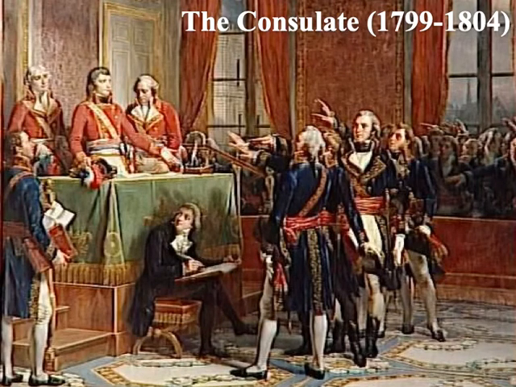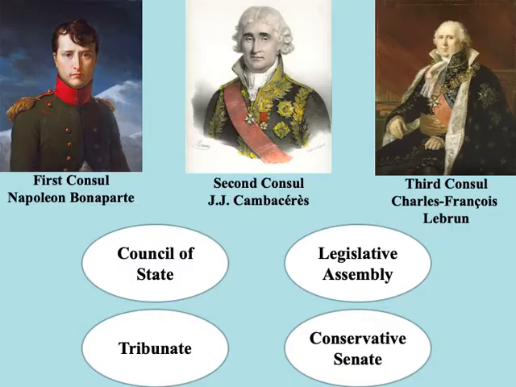In the consulate, Napoleon served as first consul. There was a second and third consul as well. There were also four legislative bodies: the Council of State, the Tribunate, the Legislative Assembly, and the Conservative Senate. Now, of course, this form of government, with four legislative bodies and three executive officers, was enormously inefficient. Very little got done. Napoleon clearly is the star and the individual with most influence, and therefore there's widespread support